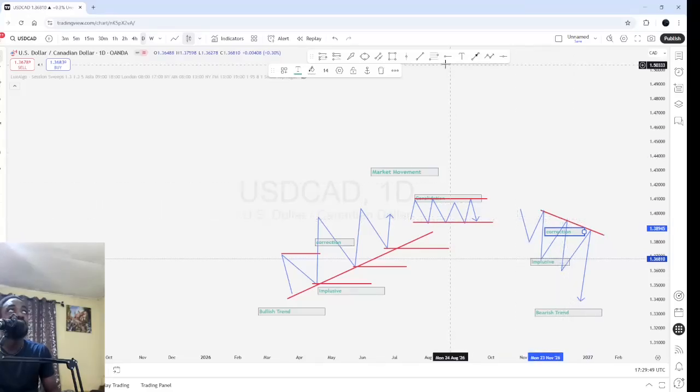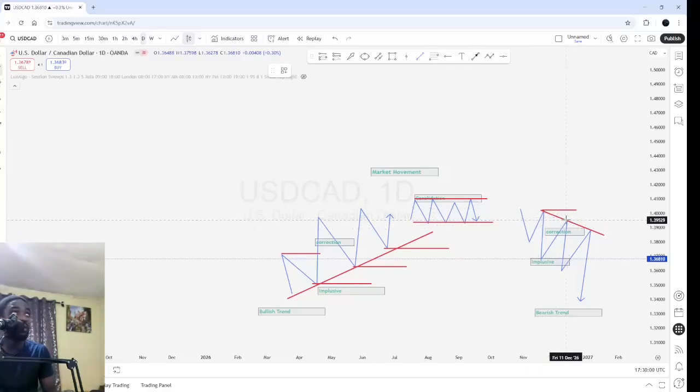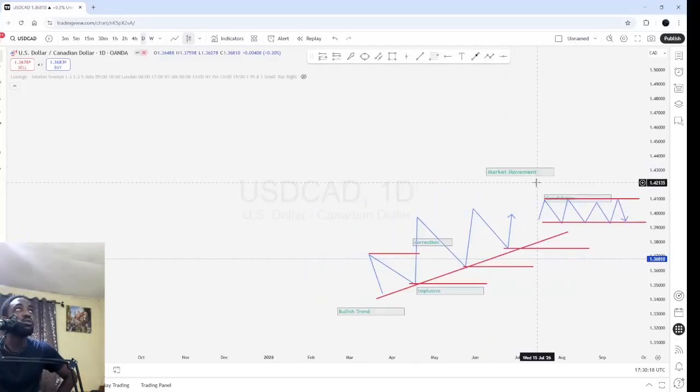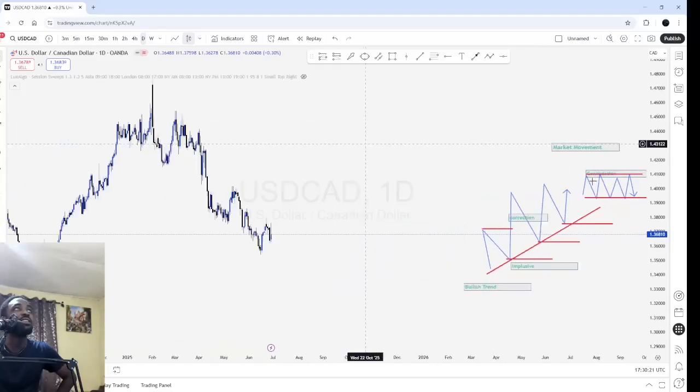So you can see that price didn't come back to break this level again, because if price had broken this level, we would have gotten another trend, or maybe it would have broken the sell trend or the bearish trend. Do you get me? We have a sell trend or bearish trend, or we have the buy trend or sell trend.